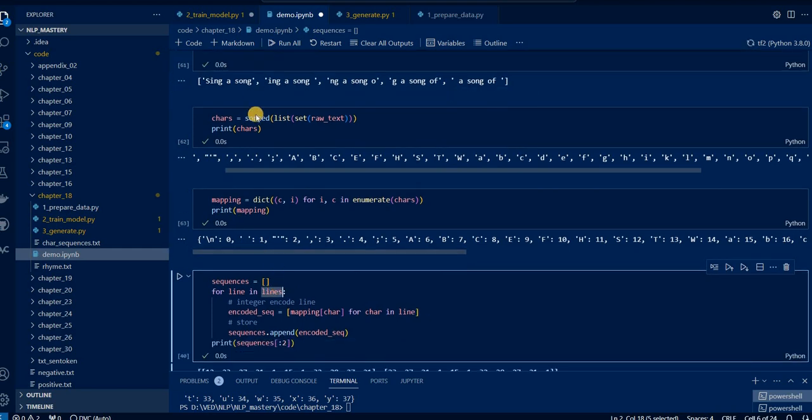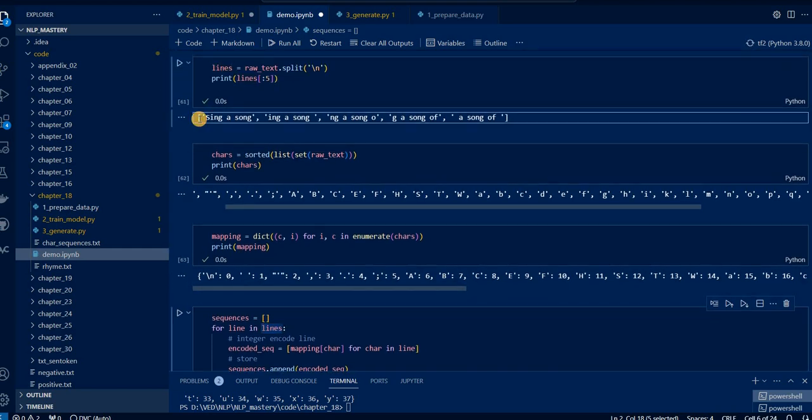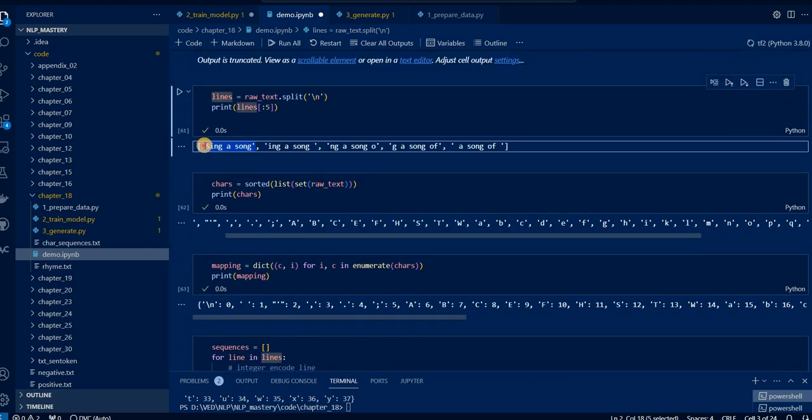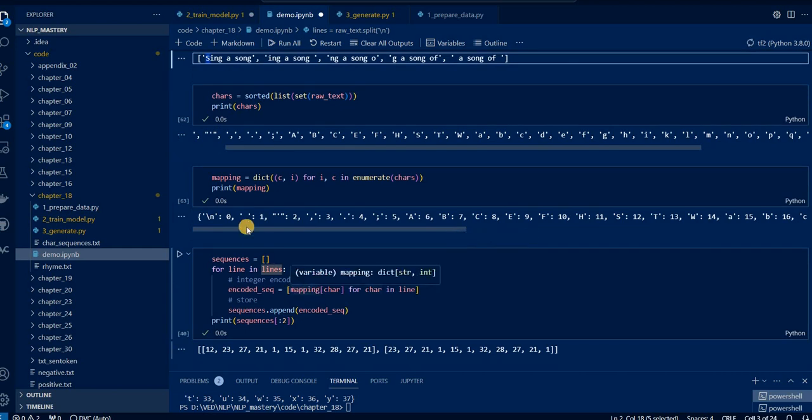So when I do for line in lines, the first time it will take this value. See, line. And now in that line, I'm again using a for loop. Now I'm taking the first character of this line, like I'm taking this S, the first character. And from mapping, so